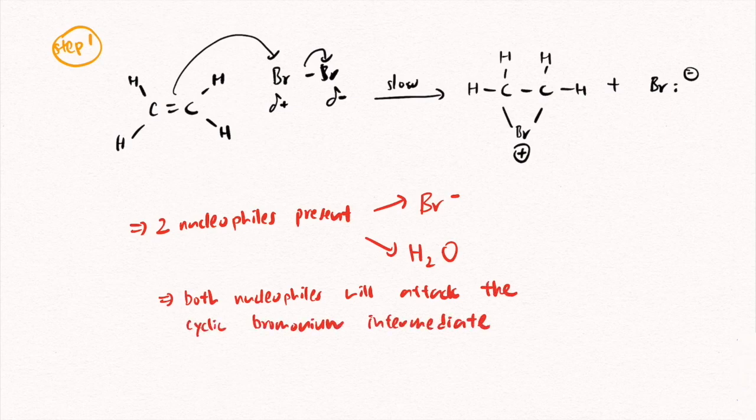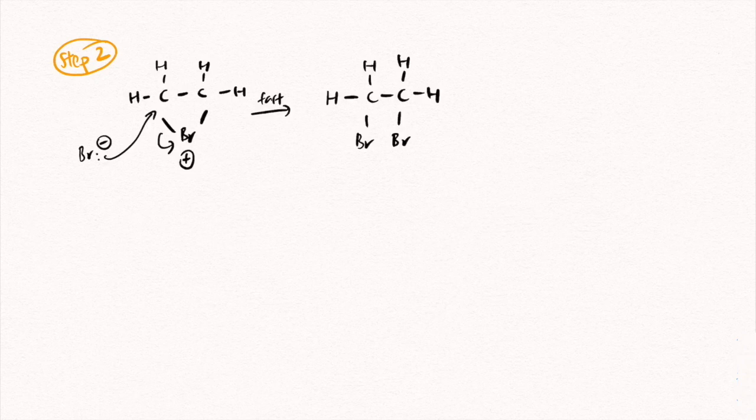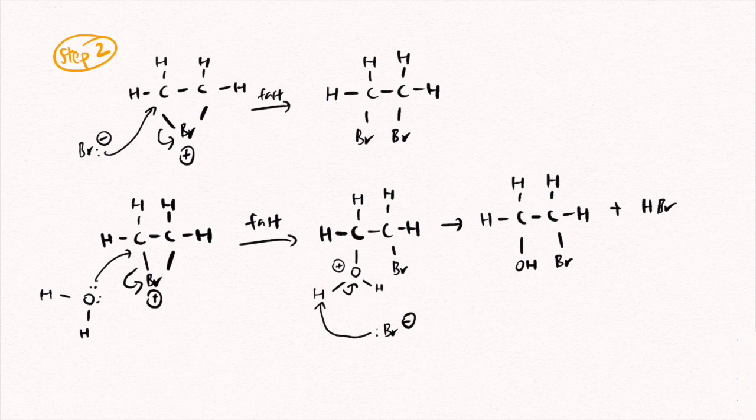Now, in the second step, similar to the first step, the cyclic bromonium ion will be attacked by the nucleophile. However, in this case, we have two possible second steps. Here are the mechanisms. The reaction at the top is the reaction where the cyclic bromonium intermediate is attacked by the bromide ion that was formed in the first step. The reaction at the bottom is the reaction where the cyclic bromonium intermediate is attacked by the water molecules that